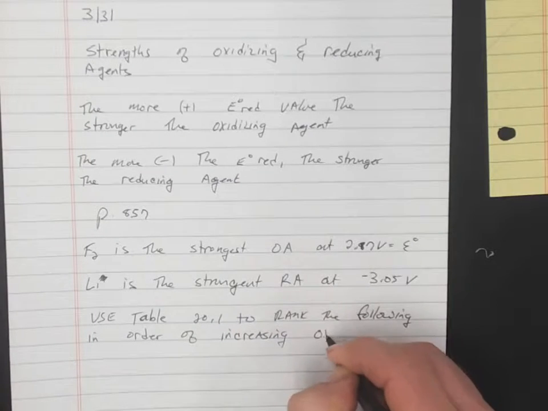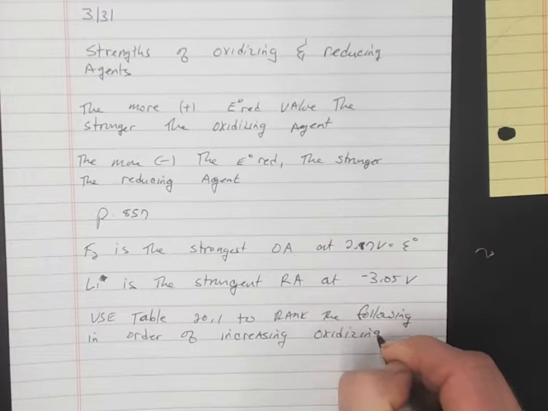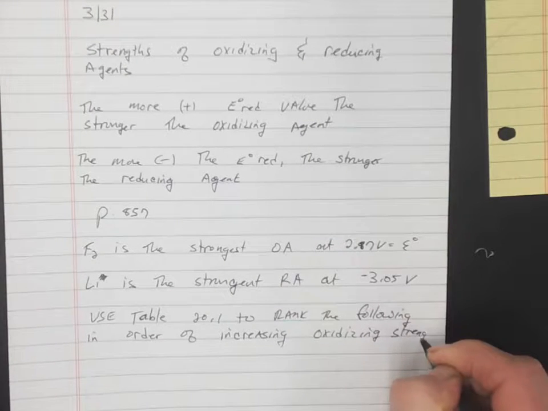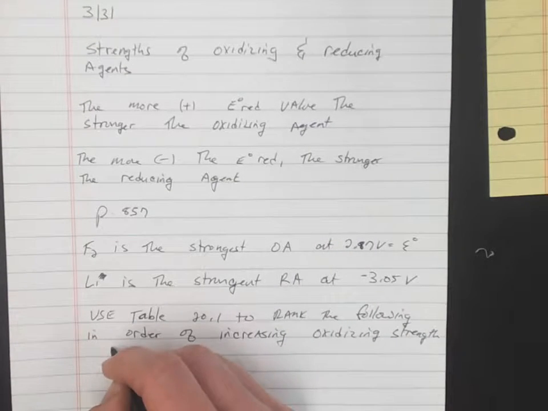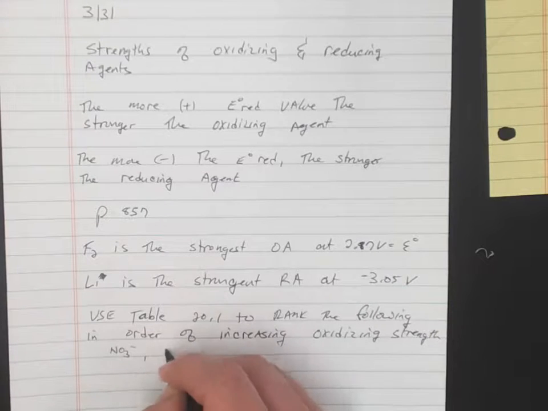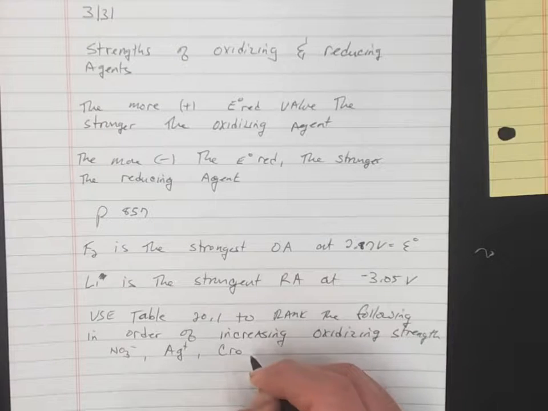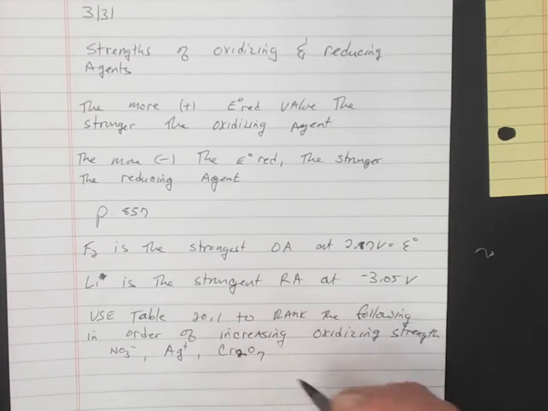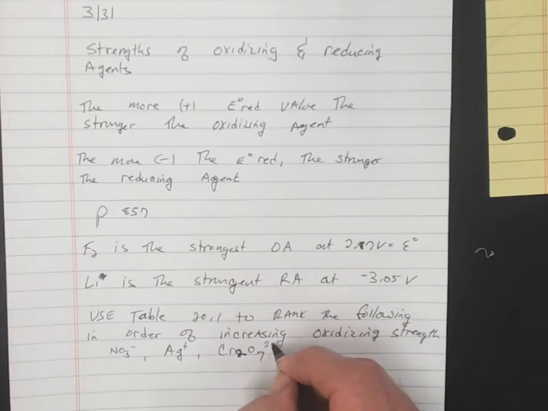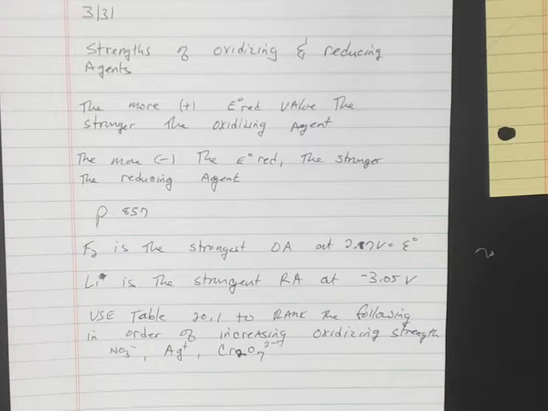And let's say that we had these ions, NO3 negative, Ag plus, and chromate, Cr2O7 2 minus. If we were given these and we wanted to rank them in order of increasing oxidizing strength, what we